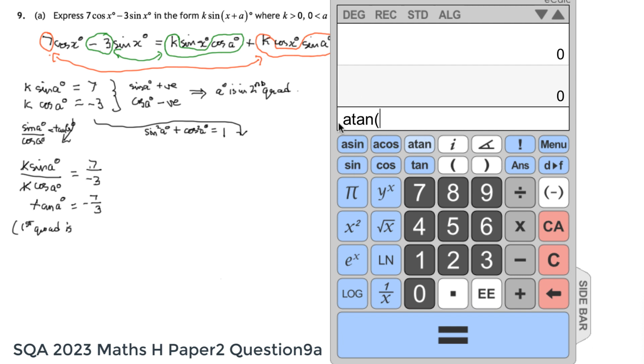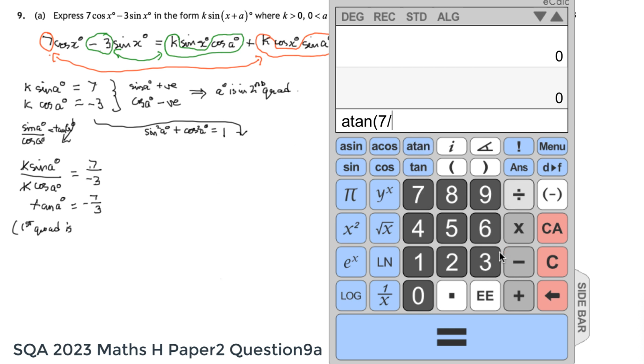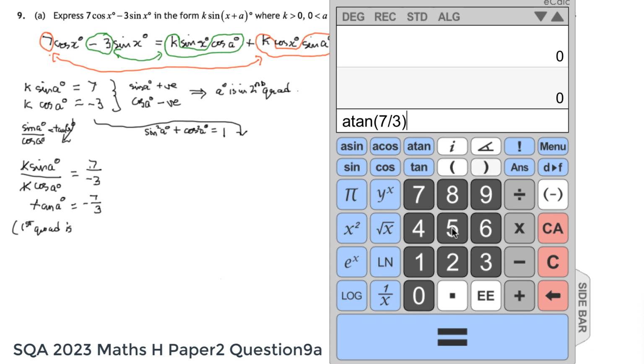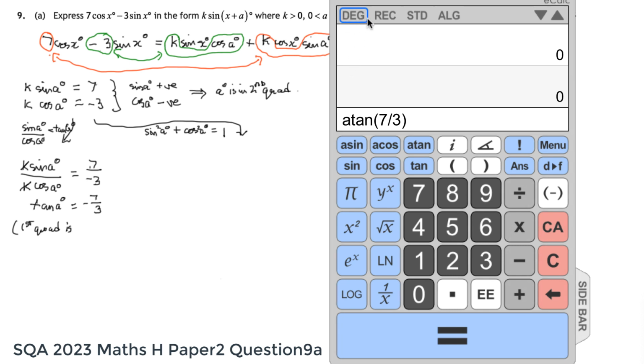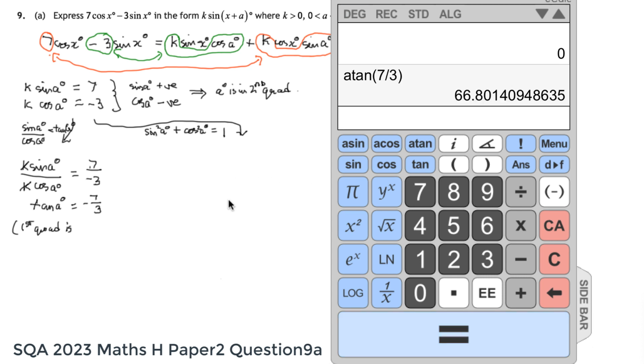I read this as what is the angle whose tan is 7 over 3. Remember we're not using the negative just now, I'm just in the first quadrant. And make sure your calculator's set to degrees, not radians. And there is the angle,